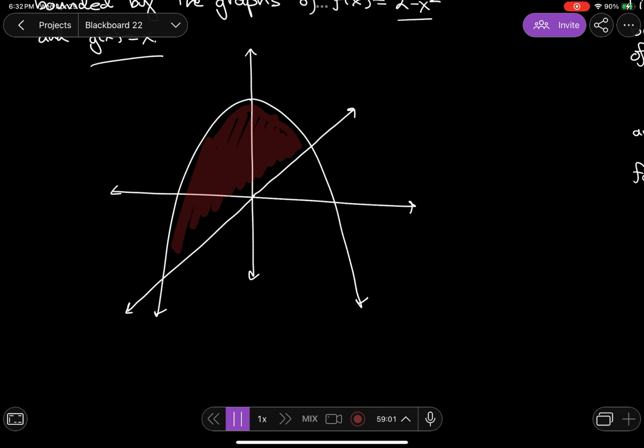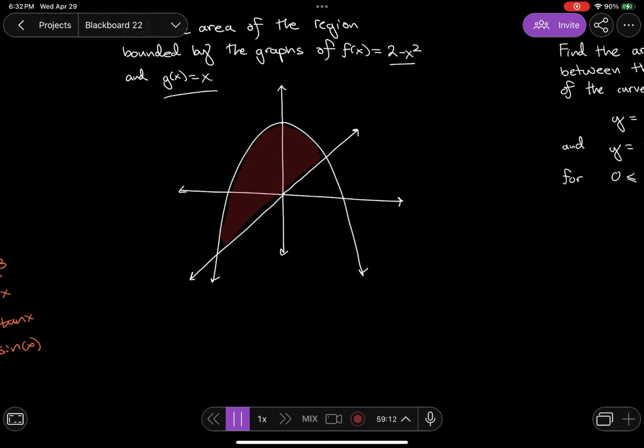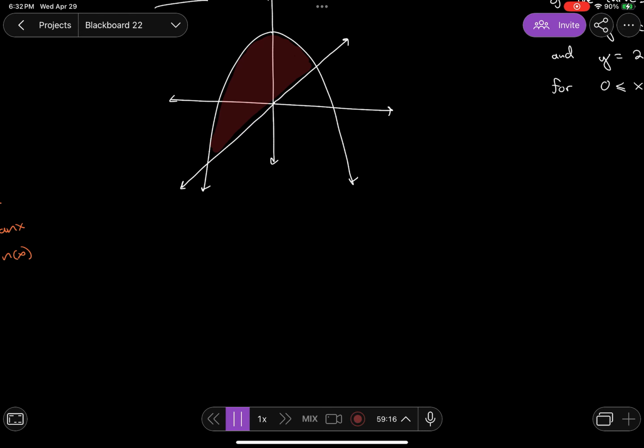And you might say something along the lines of, okay, well, that kind of sucks because some of it's under the x-axis, some of it's above the x-axis. And I agree, that does kind of suck, but we're going to be a little bit clever here. And notice, just in general, if I wanted to find the area